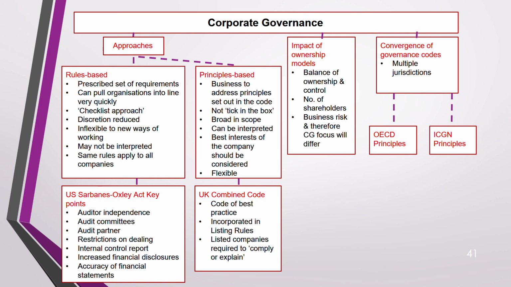For the US Sarbanes-Oxley Act, no need to memorize, but just go through the key points. That's more than enough. The UK Combined Code also, not so much to go through. But for the OECD principles and ICGN principles, go through the content of both and the limitations also. So that's it,